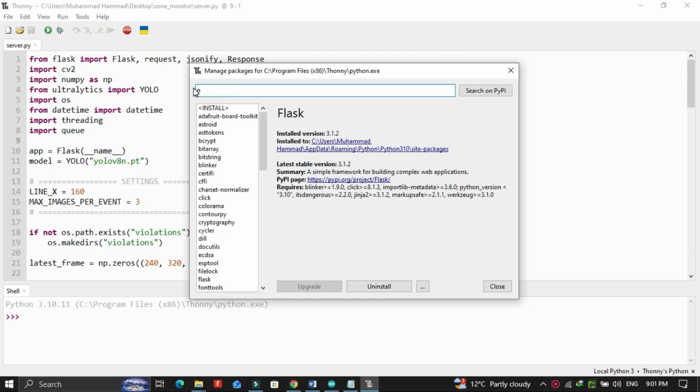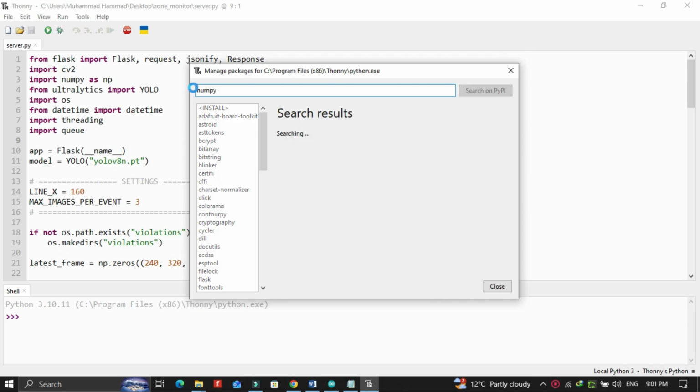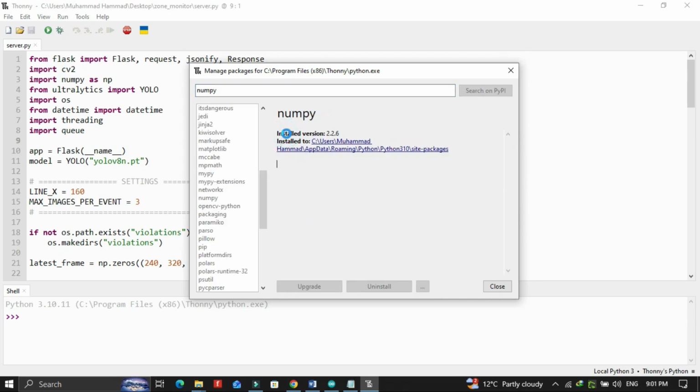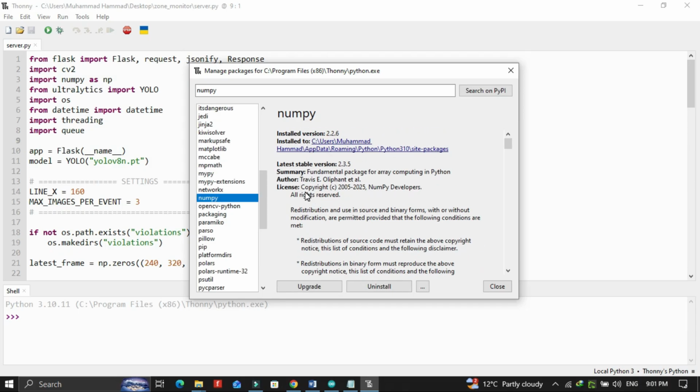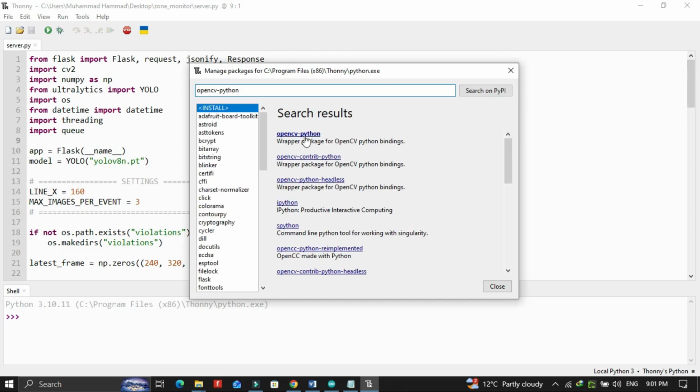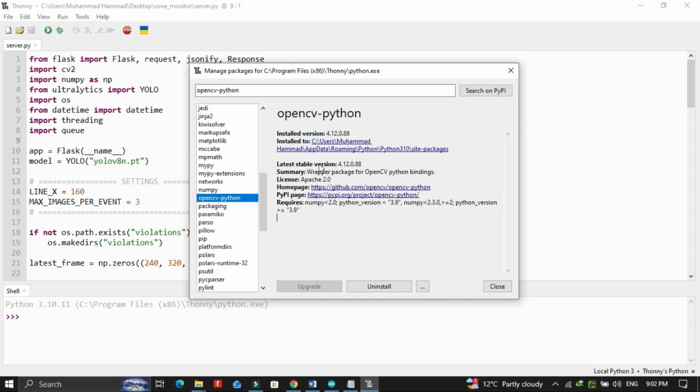Next, we will install NumPy. Then open cv-python, and finally Ultralytics.